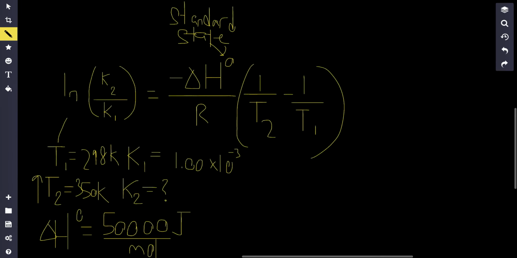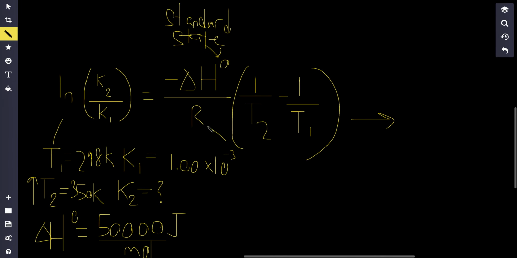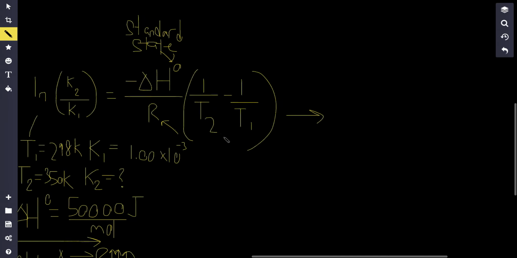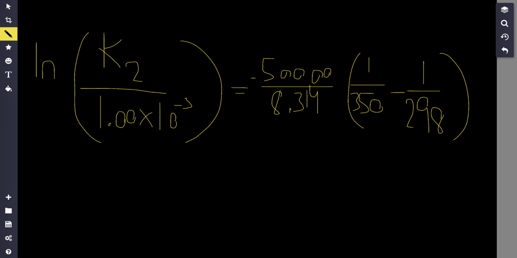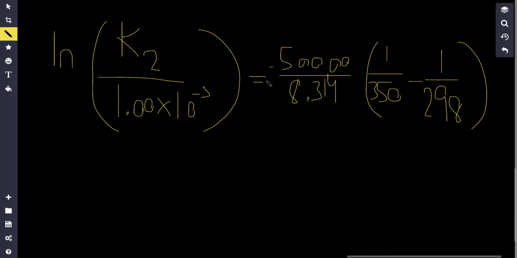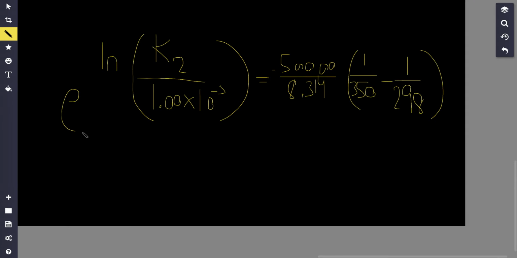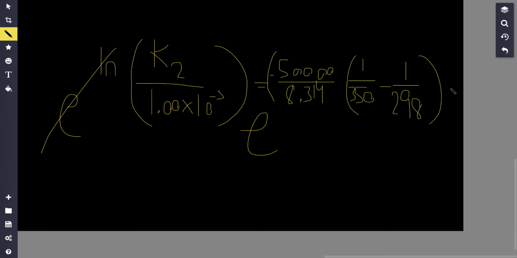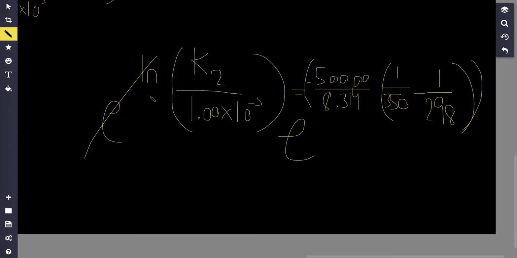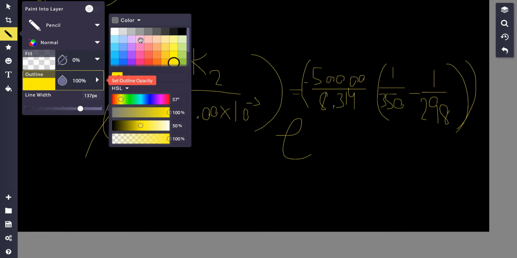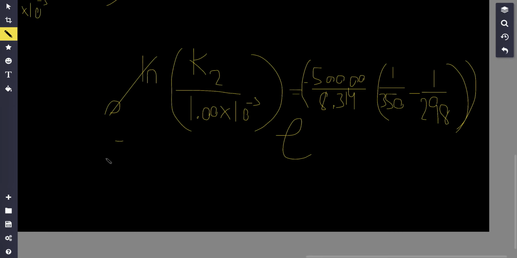If I plug all of these values in, and remember that R is just a constant, this is what I get. What I can do now is raise both sides to the E power. E and ln cancel out, and I just get E to all of this right over here. If I want to solve for K2, after this step, let me erase the E and ln because they cancel out. Now I can just multiply both sides by